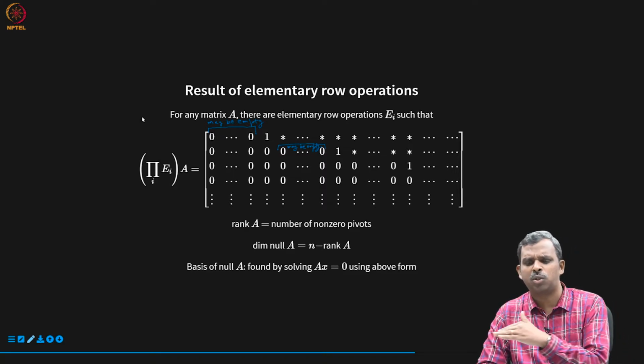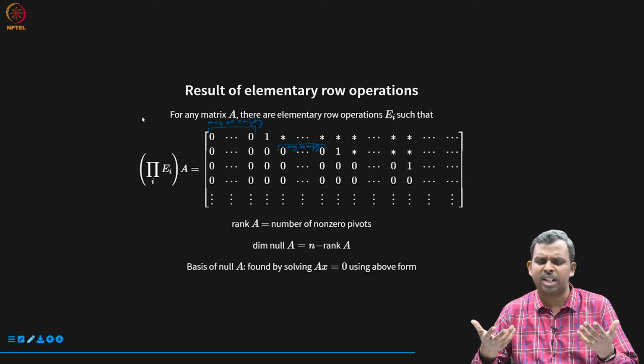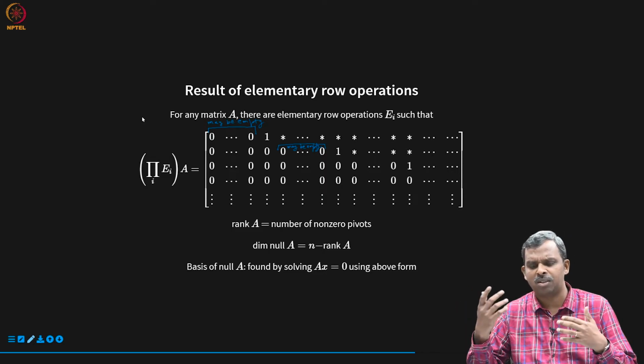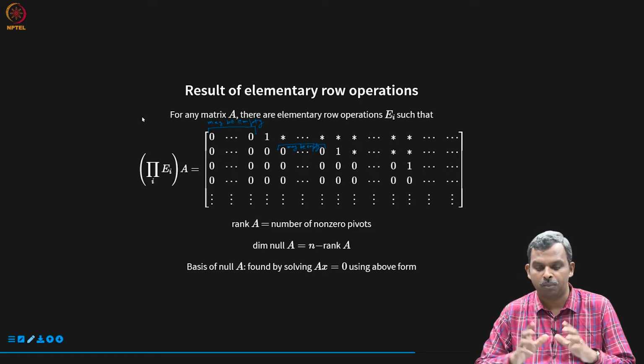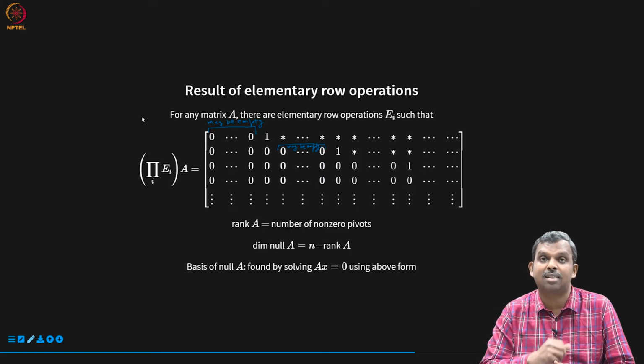This is sort of a row reduced form. People do more reductions, by the way. They also do some column operations to have a much simpler form than this. But I'm going to stick to this form. This is enough for us at this point. If we need more reductions, we'll do them later. So this is reduction, and the next step is to figure out more than just the rank and dimension